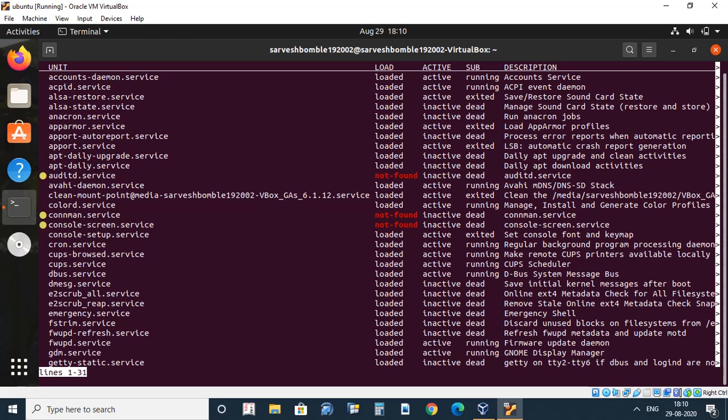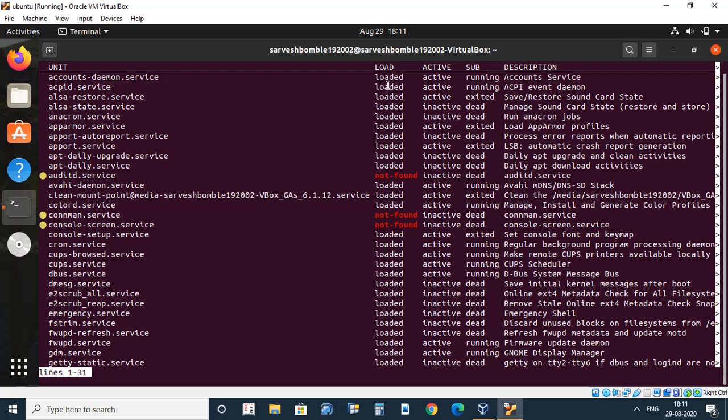So the types of columns which we get in the system services are, first, the unit. In this unit it shows the name of the system service, and we can see the first name of the system service as accounts-daemon.service.